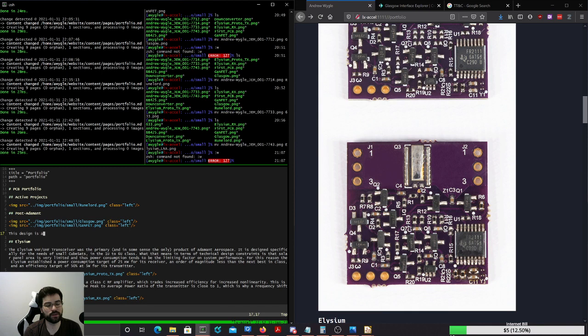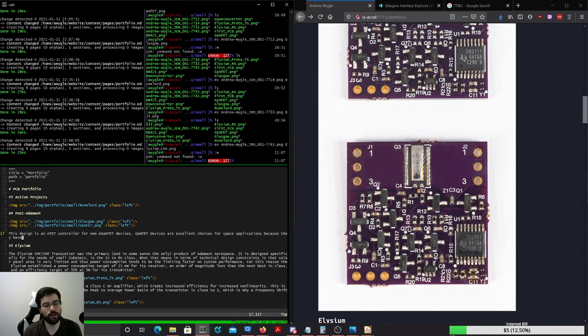This design is an NFET controller for new eGaN FET devices. GaN FET devices are excellent choices for space applications because they have very low on resistance and are very tolerant of most radiation effects. However,